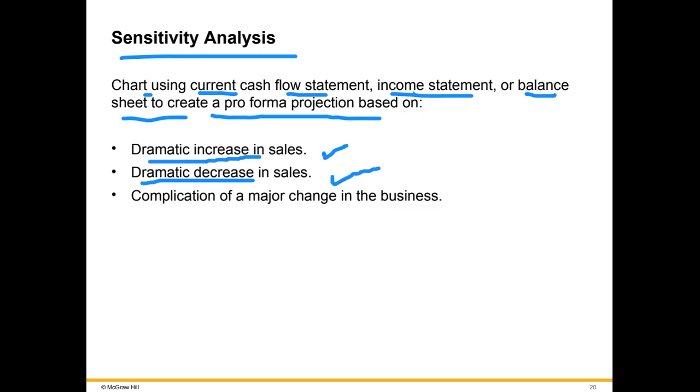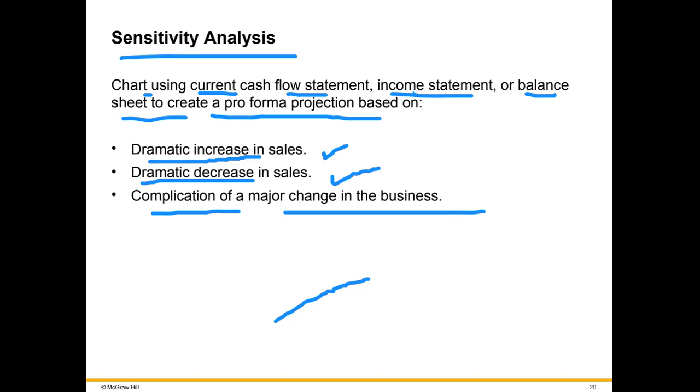One president goes and another one comes. One political party wins or they lose, so they can have an impact on our financials. But that can be for a short time period, so that cannot be for a long time period. Or the complication of a major change in the business, and that will also result in, for example,